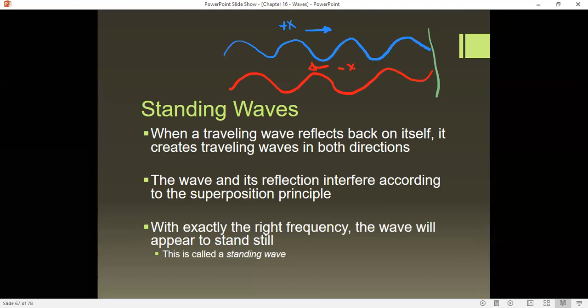Now, unless you have the exact right frequency, this first wave, let's call this wave 1, the incoming wave, and the second wave, wave 2, the reflected wave, are going to destructively interfere and basically cancel each other out. There are waves at just the right wavelength for a standing wave, that produce these standing waves,